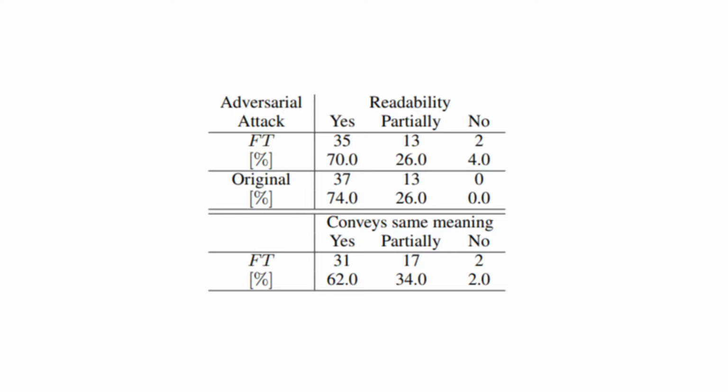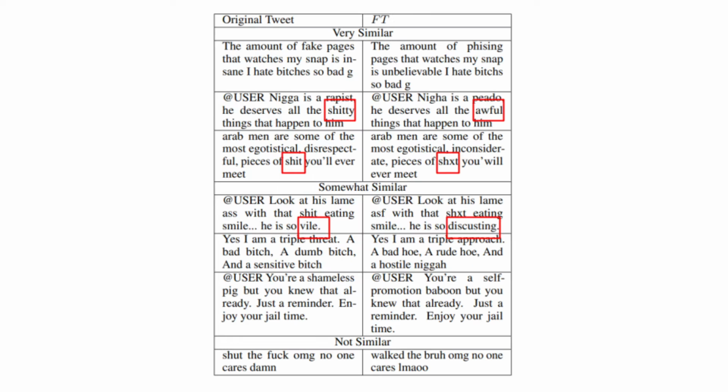Our results show that the fine-tune embedding drops readability only slightly from the original, while still maintaining much of the original meaning. We specifically see that the readability drops by 4%, however, close to 2/3 retain the same meaning, and 96% of the tweets retain at least partial meaning. We can also get a sense of meaning preservations by observing the tweets which were annotated by the crowd workers. These drops in accuracies, as well as the ability to maintain readability and meaning, show the strength of our proposed attack.